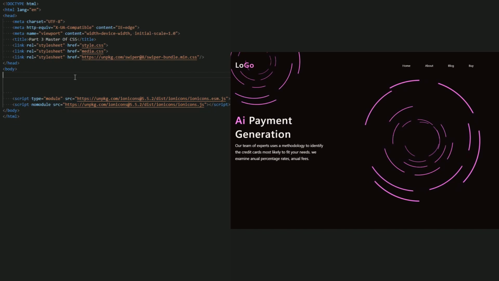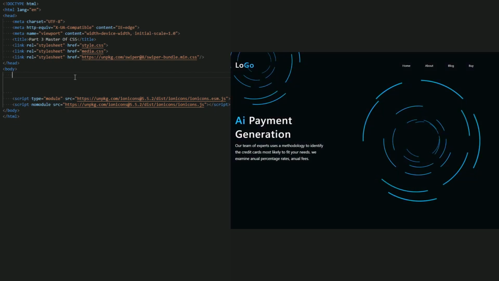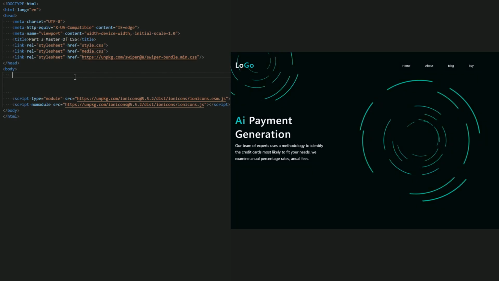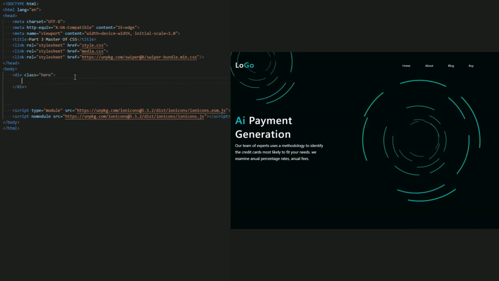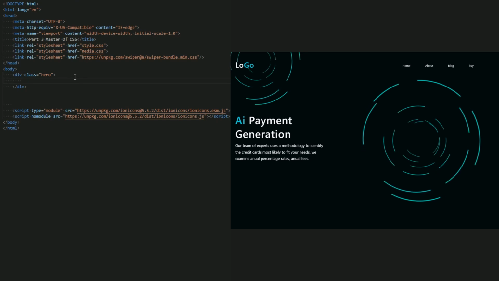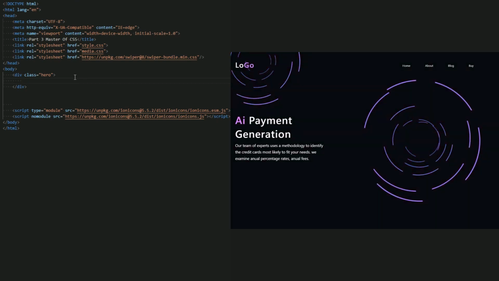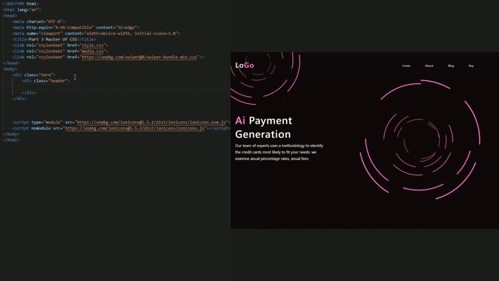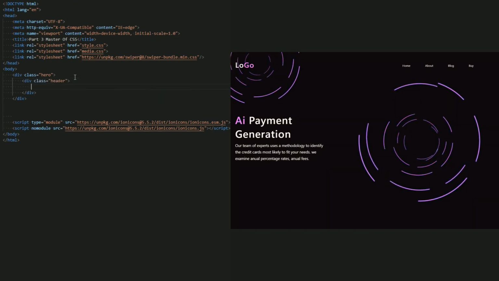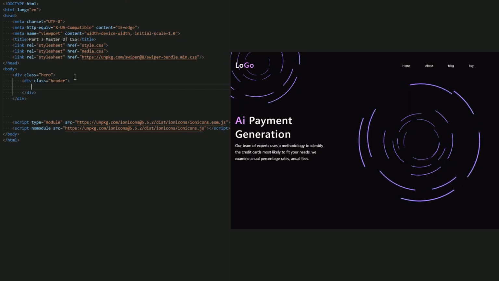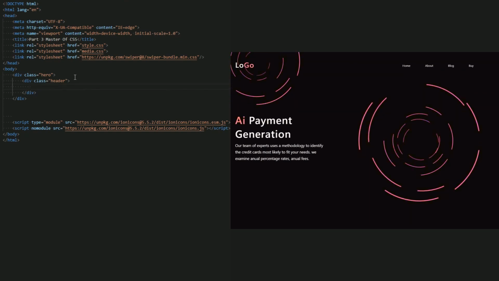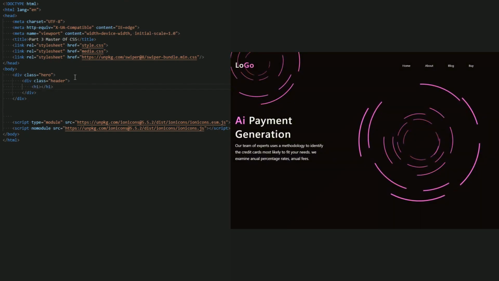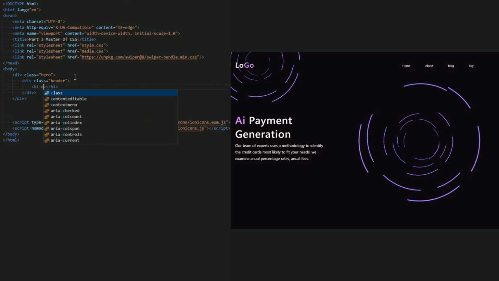Okay, now first I will create a hero for the home page of our real page, as you can see here. Now I will create a hero div. Inside the hero, first let me create a header for the menu and the logo. So let me just create a header div. This is our header at the top of this home page. And now create a logo, and let's type a logo instead of using an image. So let me just create h1 and let me add a class logo.